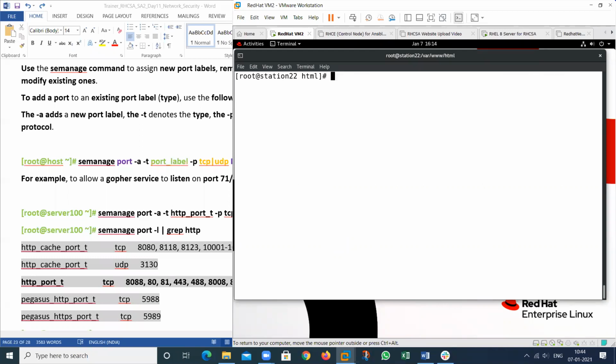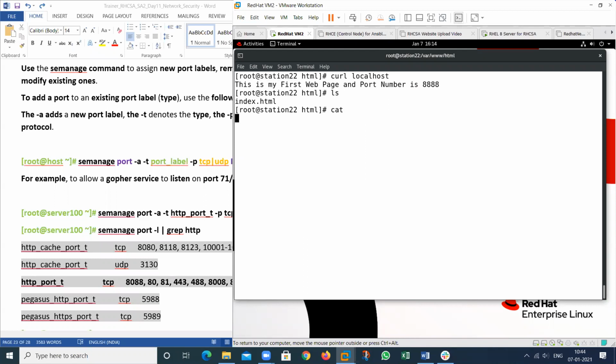So this service will be restarted. Then open the web page again, localhost. See, so this particular page will open that I have put here.